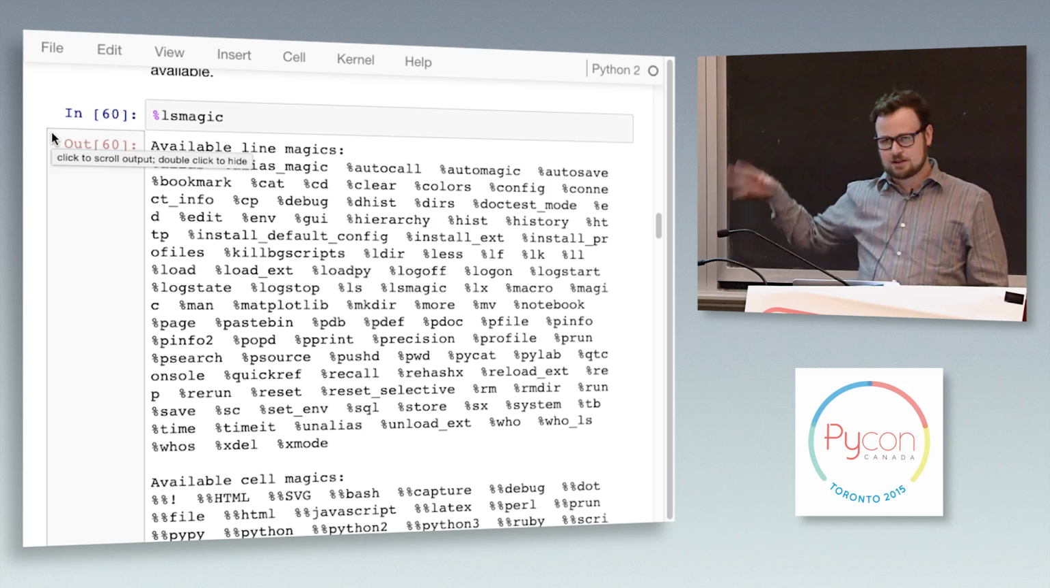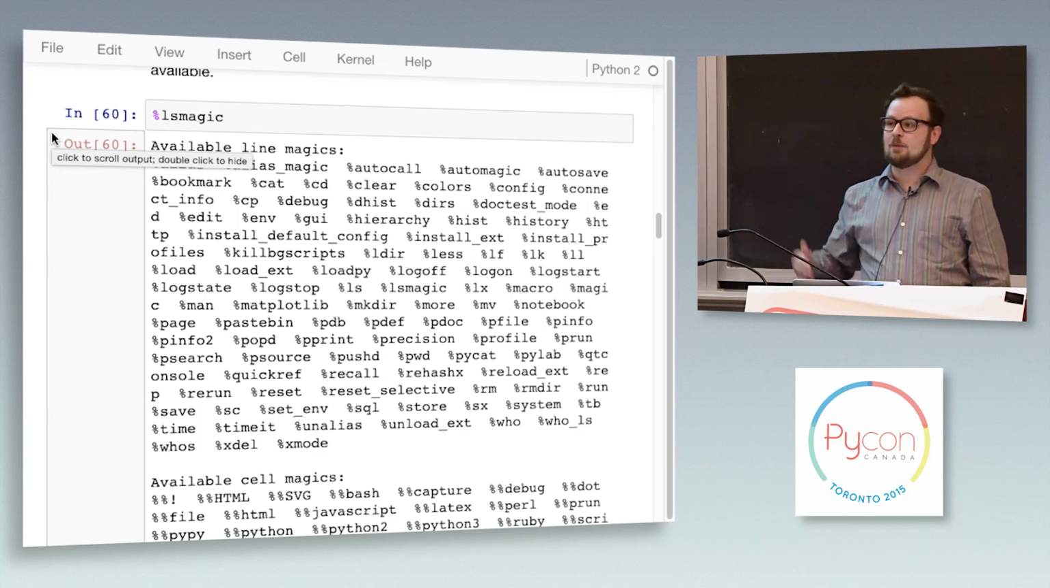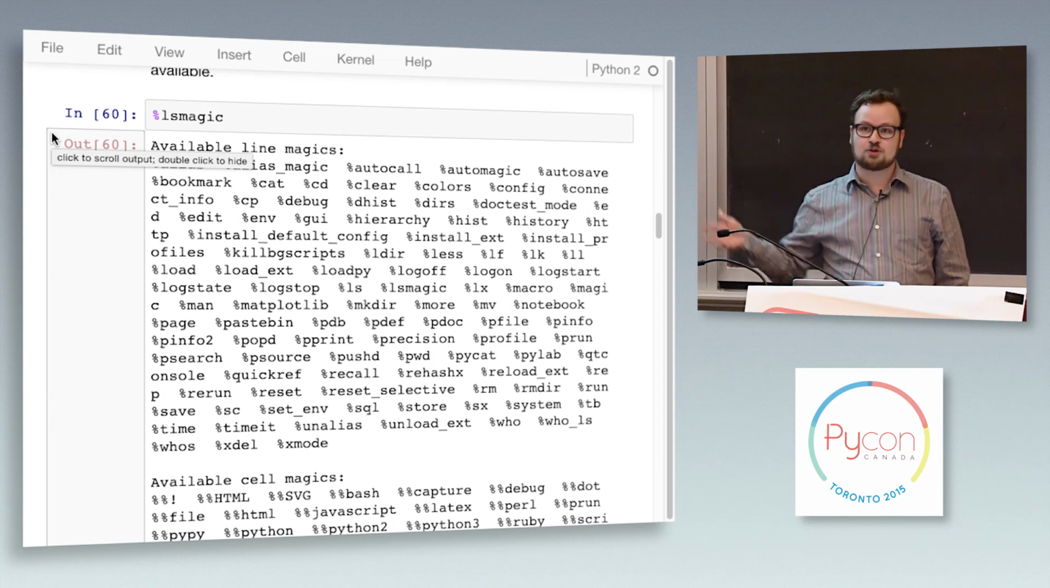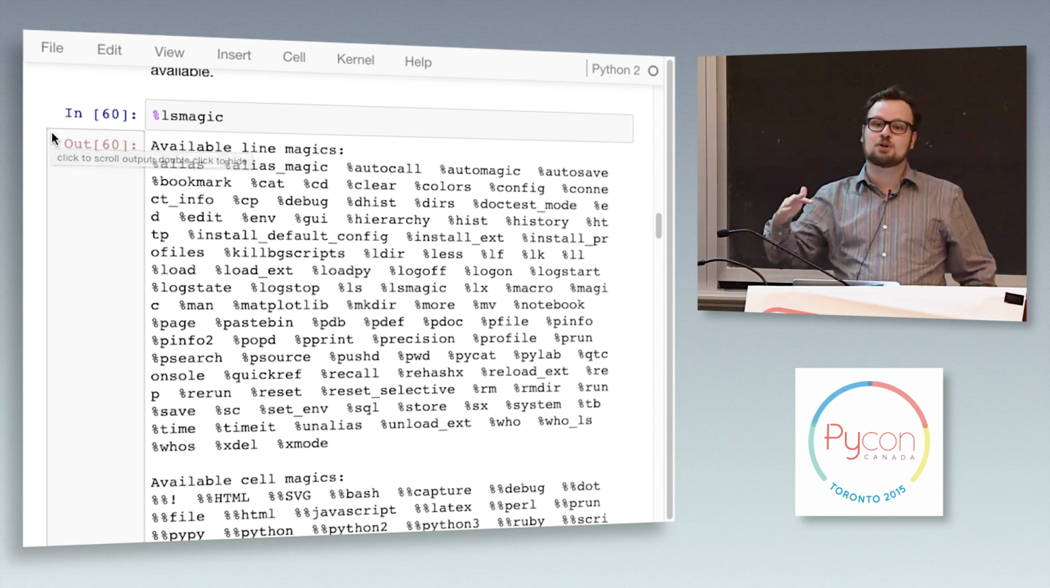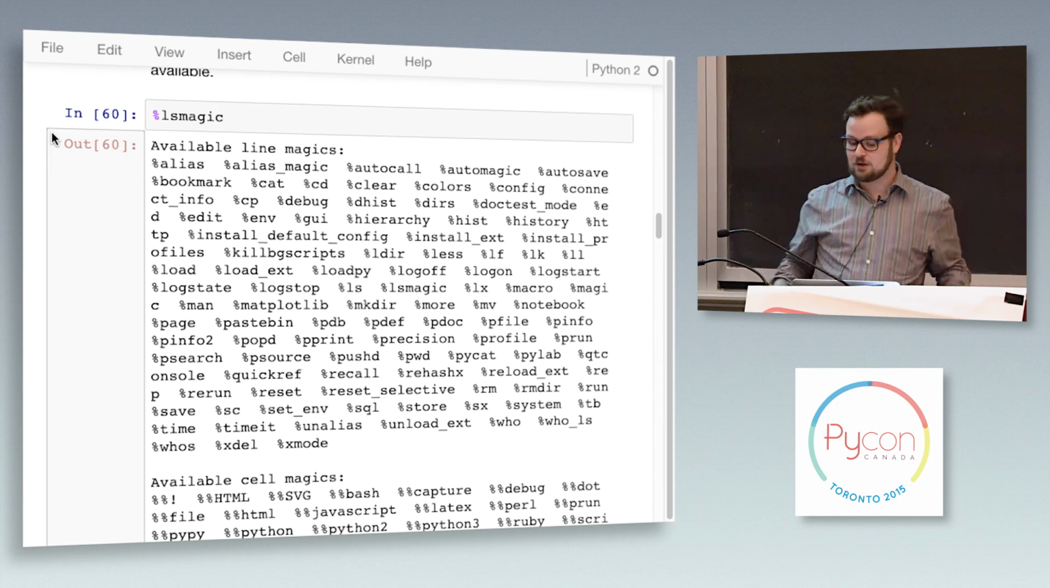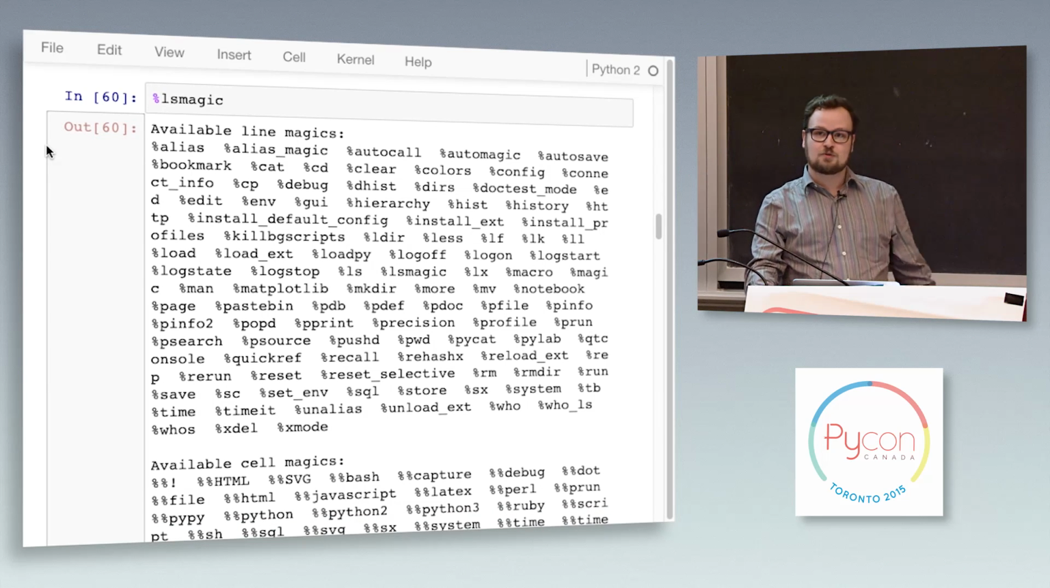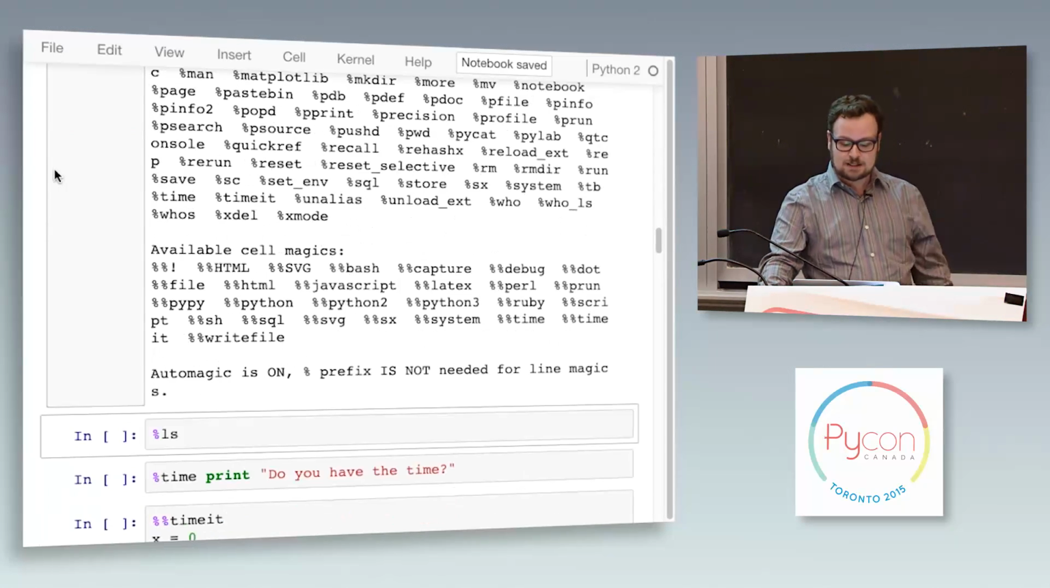There's a whole bunch of them. I'm obviously not going to go through all of them, but this is what's available to you, and I encourage you to read through it. If you just type %magic, you'll get a little documentation pane that will tell you all about the different things you can do. The one that everybody uses first, because it's really easy,